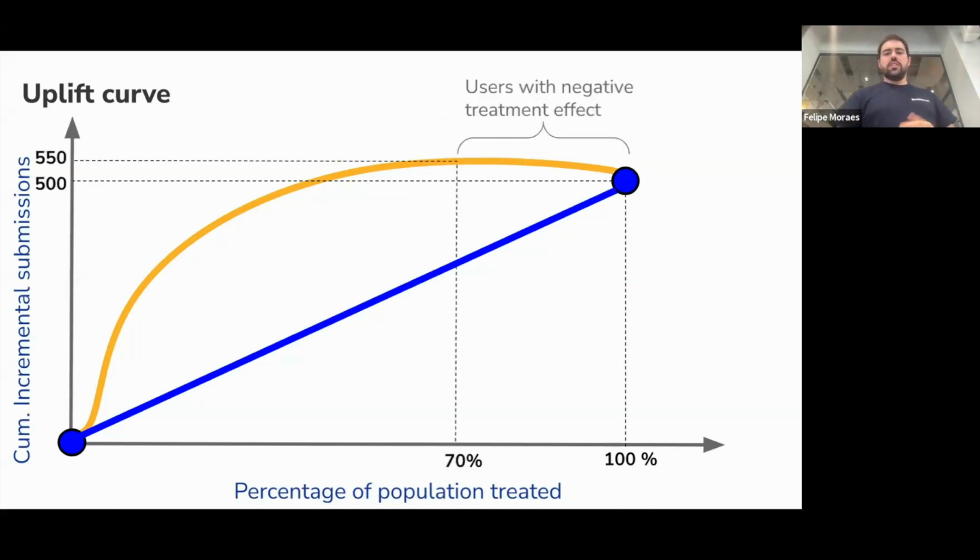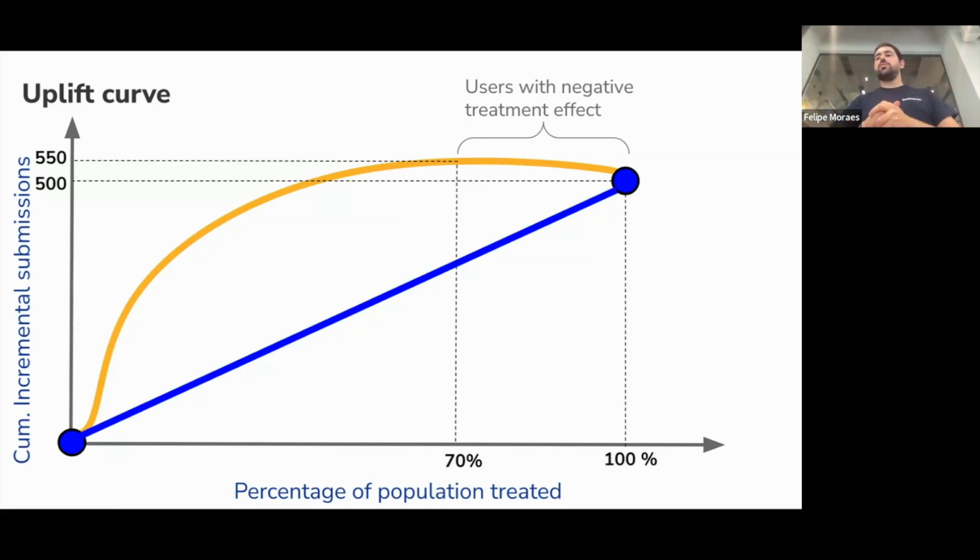And what is interesting is that in certain kinds of, especially marketing campaigns, there's also a negative effect. So there's people that really hate their emails or some sort of message, and they hate it so much that they actually react worse to it.